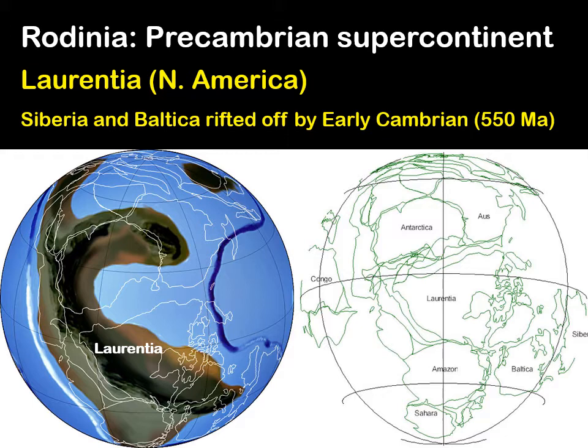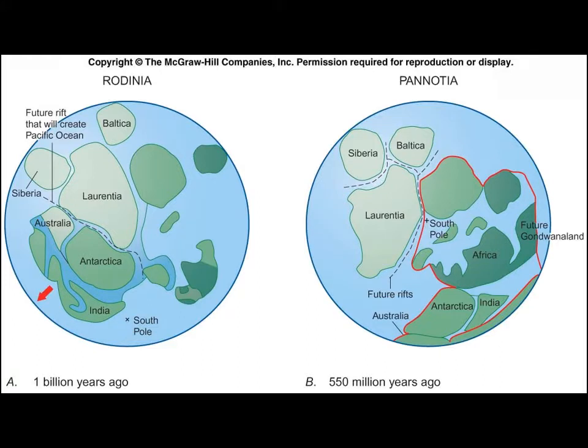This is Rodinia. This is another supercontinent that precedes Pangaea by quite a lot of time. You can see this is what the world looked like in the earliest Cambrian, about 550 million years ago. So this is right at that boundary between the end of the Precambrian and the beginning of the Paleozoic era, the Cambrian period. So if we look around here, just from 1 billion years ago to 550 million years ago, we're going from Rodinia to a new orientation we call Pangaea.